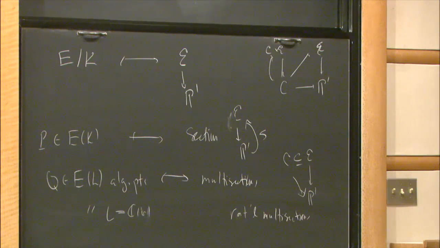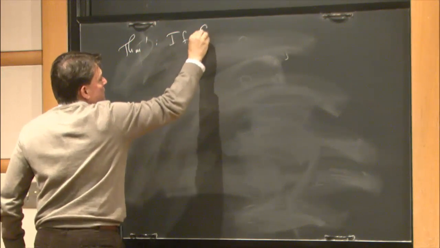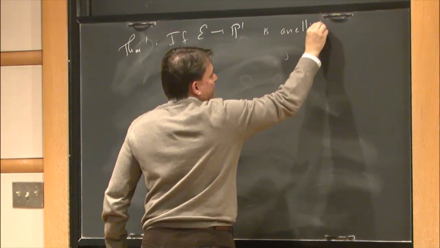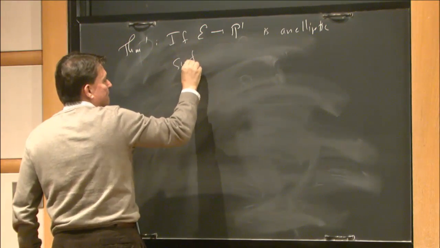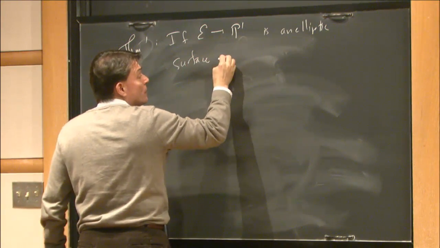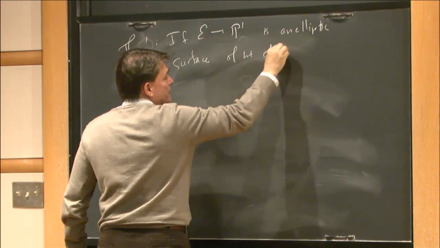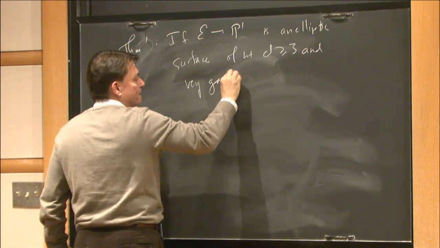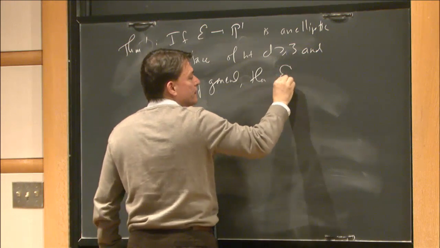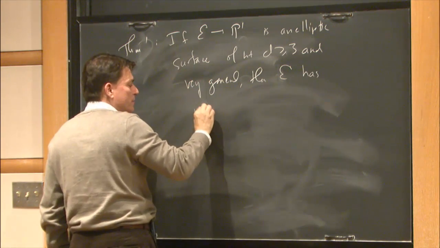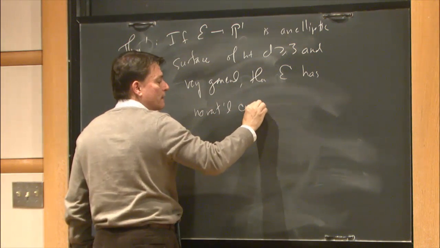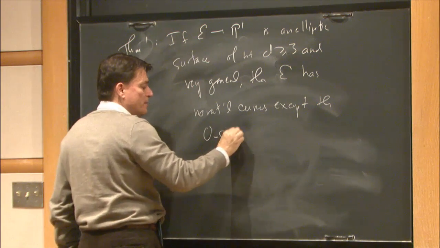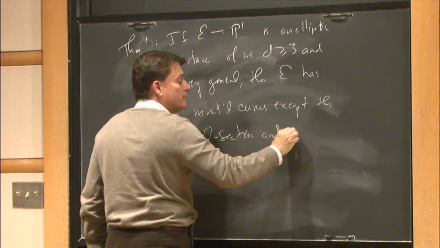Okay, so the variant of the theorem then is that if E over P1 is an elliptic surface of height d at least 3, very general, then E has no rational curves except the zero section, which is sort of built into our hypothesis here, and components